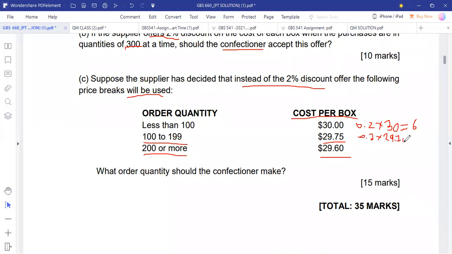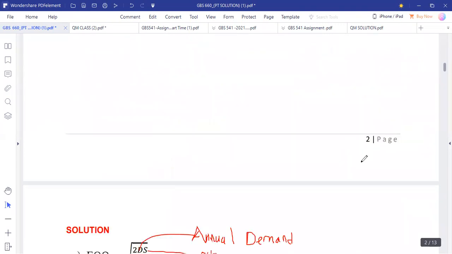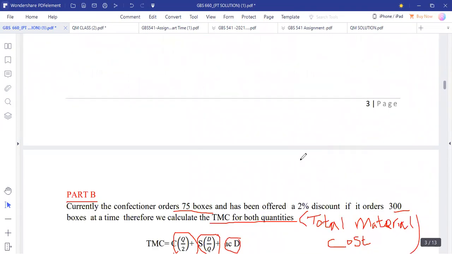Then we also have to find the carrying cost for the other one, where we are getting the figures. So meaning the carrying cost that we're talking about,